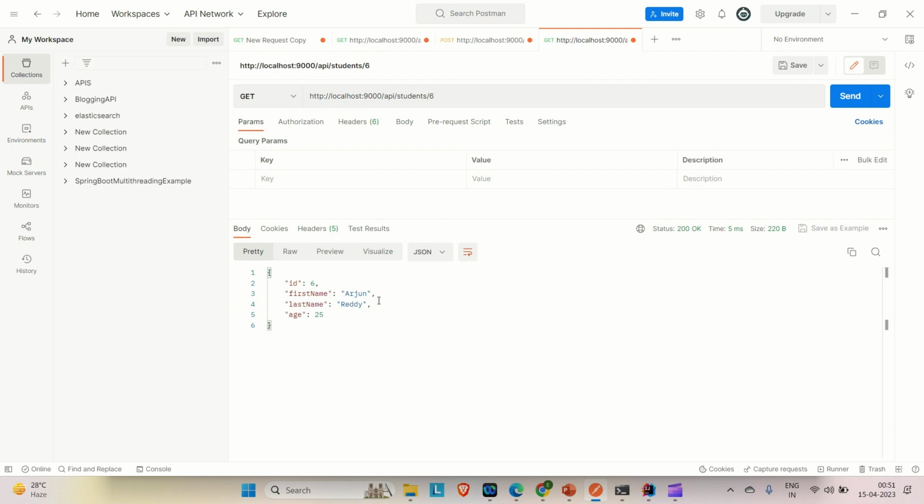And from the second time onwards, when you hit the API, let's say get student by ID, you are fetching the student 6 record. It is already stored in the cache, so it will not go to the DB. It will always display the cached record. So whatever changes or updates you have made to a particular student which is already cached, it is not going to be reflected in the cache. So it is very important to remember that when you implement the cache, you implement it at the delete as well as the update level,